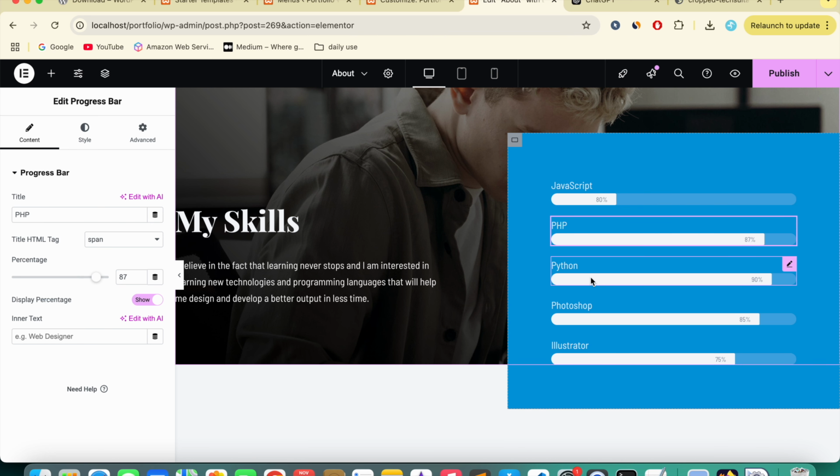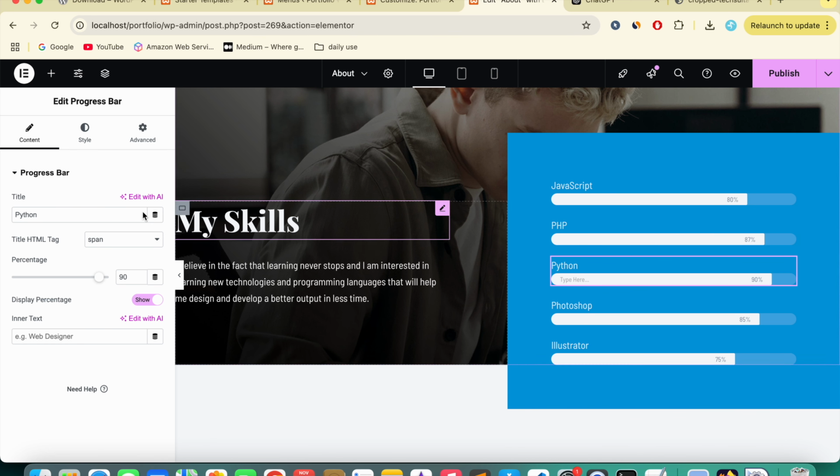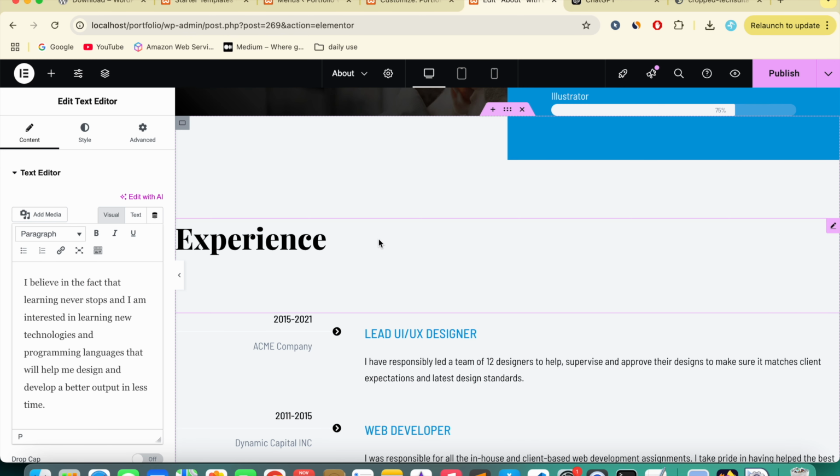By clicking on this section, you can edit as per your requirement. Also, you can choose anything. Likewise, if you do not need Python, you need to add PHP, you can just add PHP. From here you can change anything you want. In this way you can change any content by clicking on that section or block,